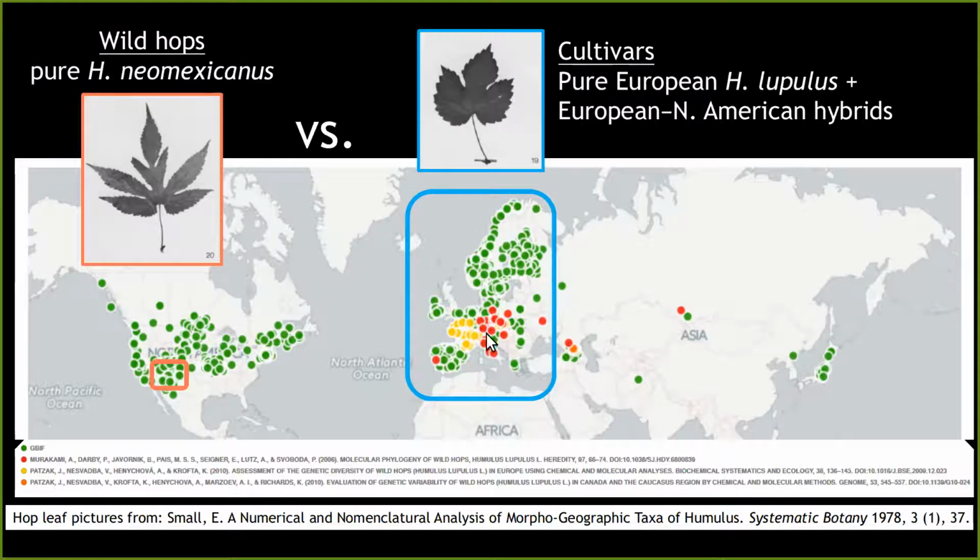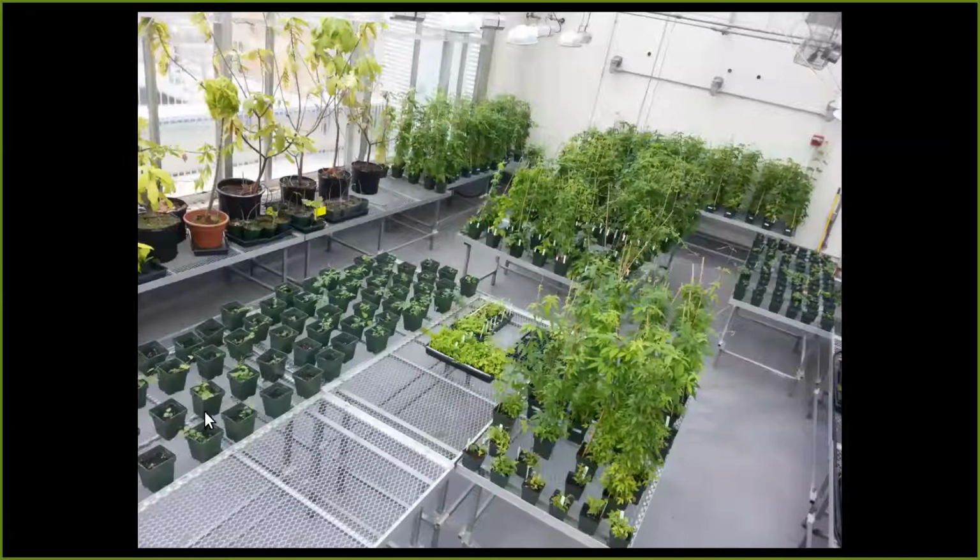So as you can imagine, these are genetically different, but the environments that they grow in are different. So to control for environment, we grew all the hops in a greenhouse. This is our greenhouse at Lehman College, in order to control for environment. So environmental conditions were uniform for all the plants, so that any chemical differences we detect are due to differences